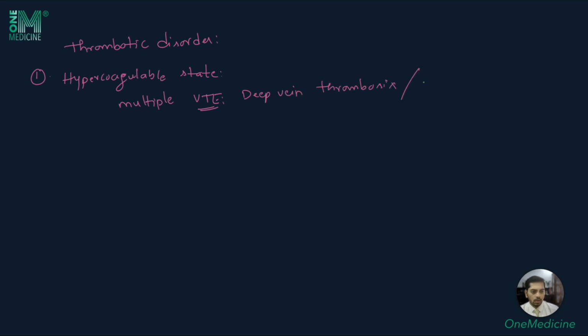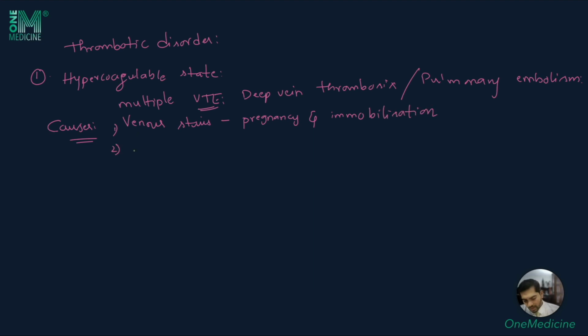Let's move to thrombotic disorders. The first one among them is hypercoagulable state. These are the patients with multiple episodes of venous thromboembolic events such as deep vein thrombosis or pulmonary embolism. The causes for such hypercoagulable state include venous stasis, more commonly seen in pregnancy and immobilization, vasculitis, cancer and myeloproliferative disorders, usage of oral contraceptive pills,